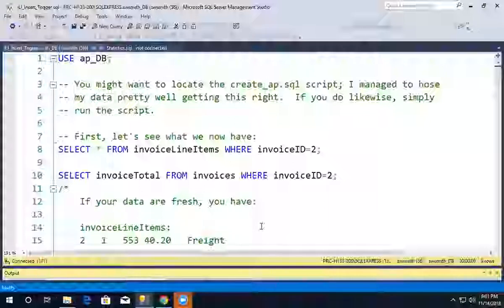Okay, here we go. I want to talk about some things tonight. Let's talk about the invoice line items and the invoices table. And I've raised this matter before. The invoices table has an invoice total, and the invoice total is determined by the sum of the invoice line item amount where the invoice ID matches. And I've pointed out over and over that, let